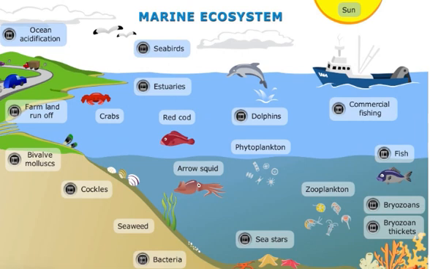And now let's talk about the top predator in this food web, the great white shark. Sharks are carnivores, which means they eat only meat. Great white sharks can feed on small fish, crabs, and even penguins. Because no other animal in this ecosystem preys on them, great white sharks are called apex predators. They are at the very top of the food web.